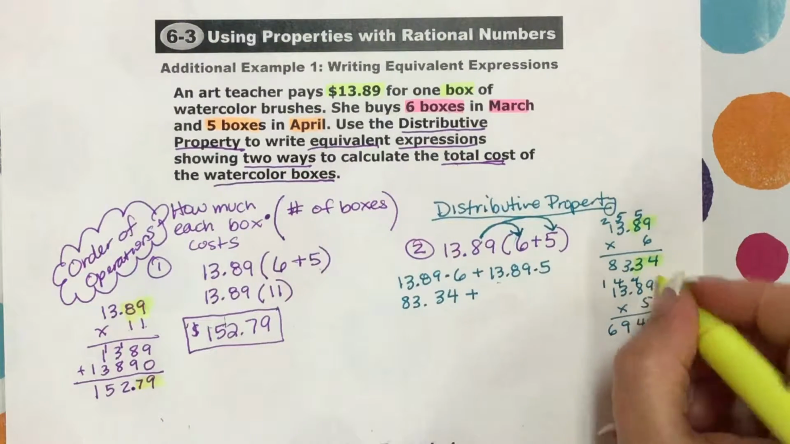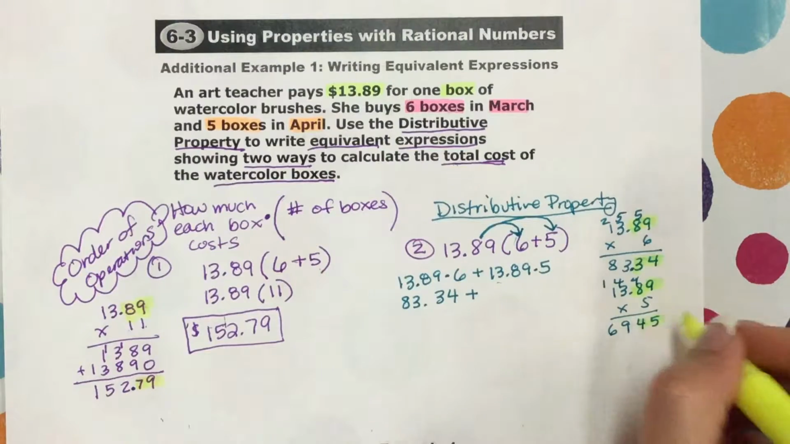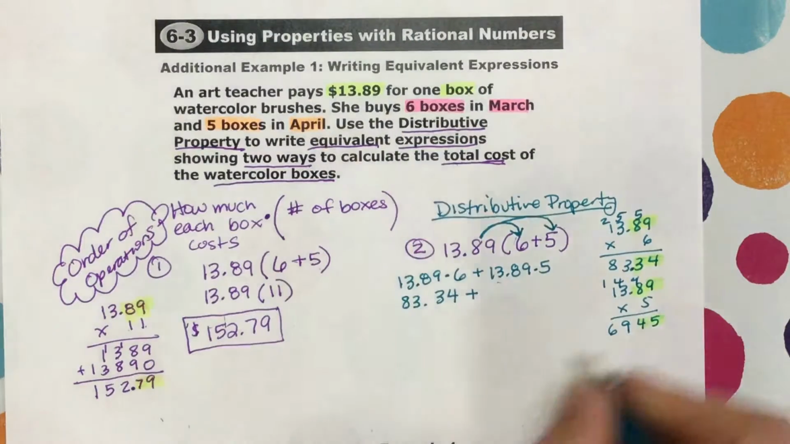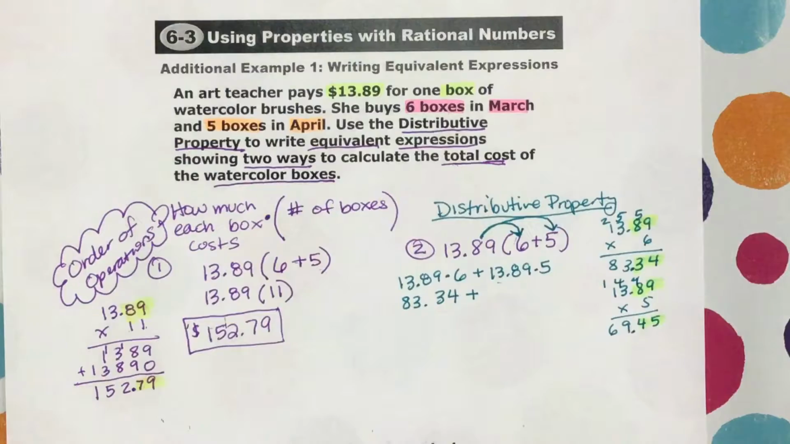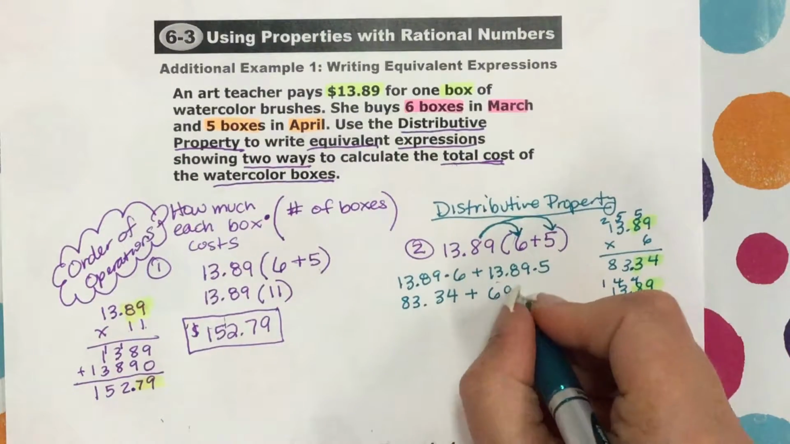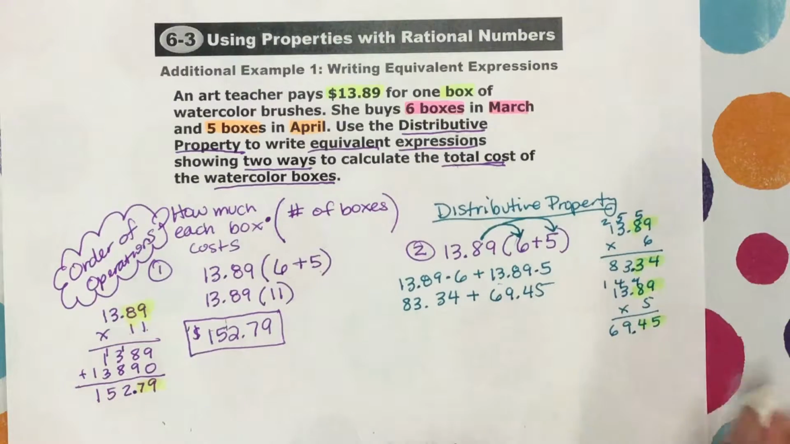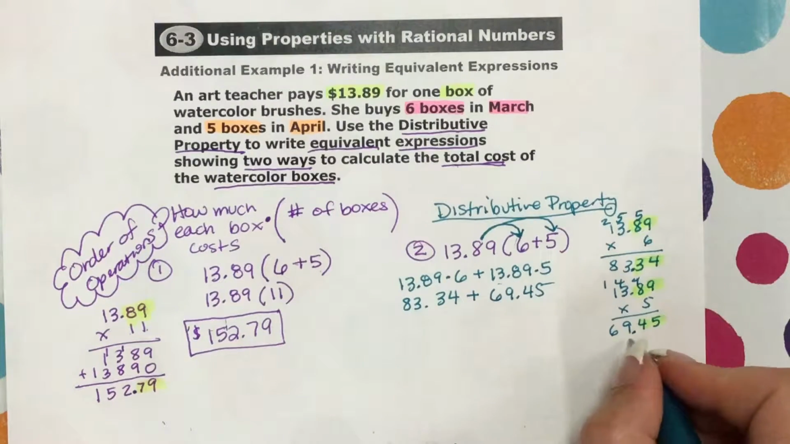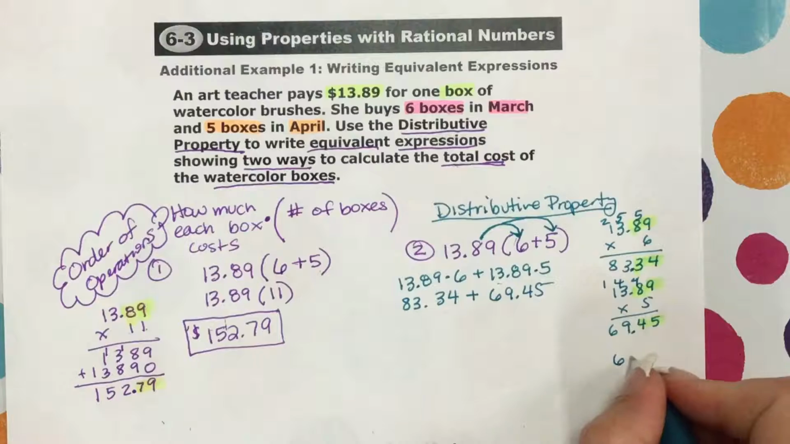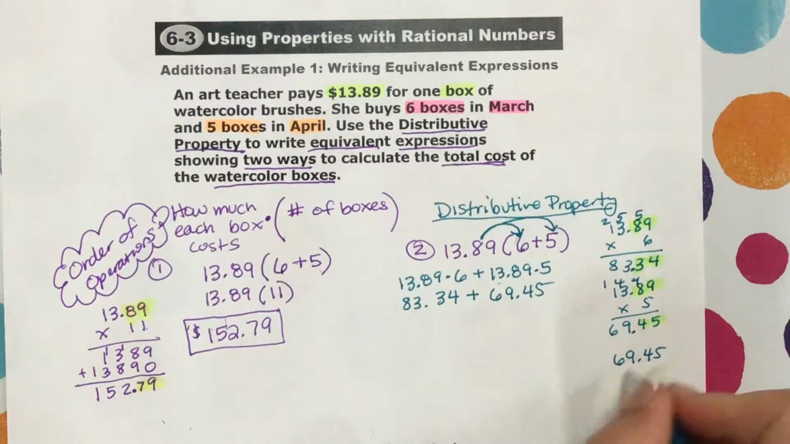And then I have 2 decimal places here. Means I have to have 2 decimal places there. So it ends up being 69.45. So that's what I write here, 69.45. The last thing I need to do is just add these two. So whenever you're adding decimals, you line up the decimal places. So it's going to be 69.45 plus